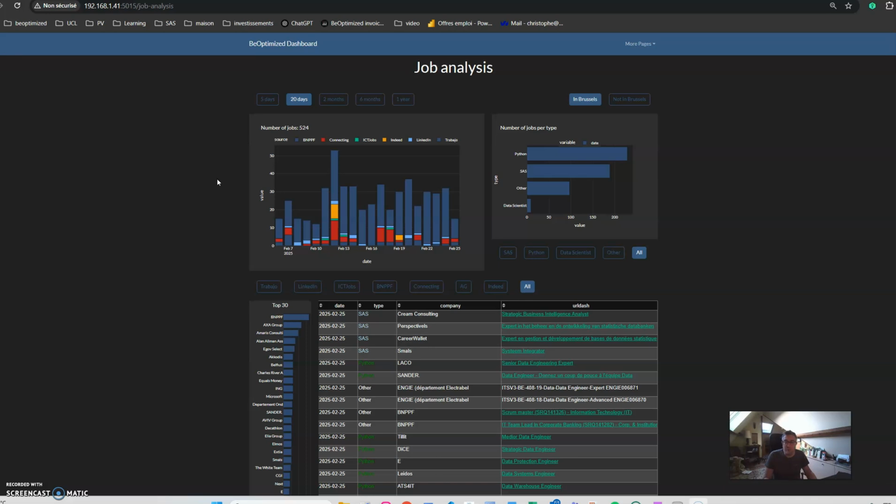And I'm going to present you a small dashboard I recently created regarding a job analysis. Basically, here is my dashboard. It contains all the job opportunities available in Belgium in the past 1 year,